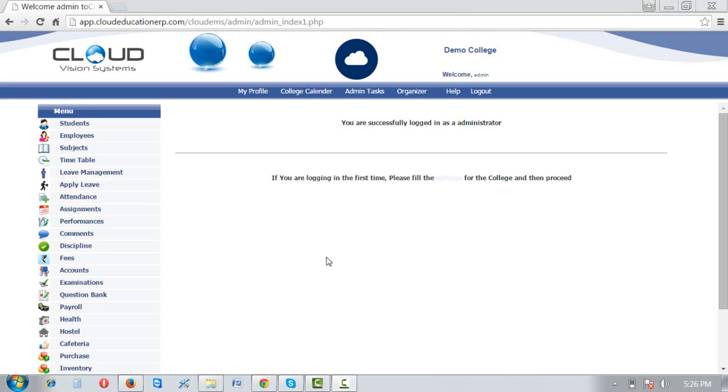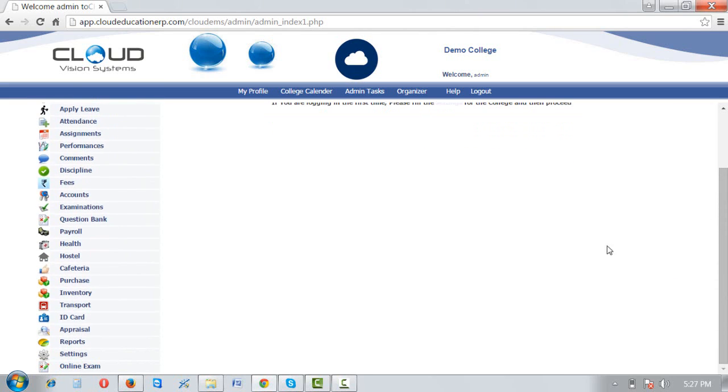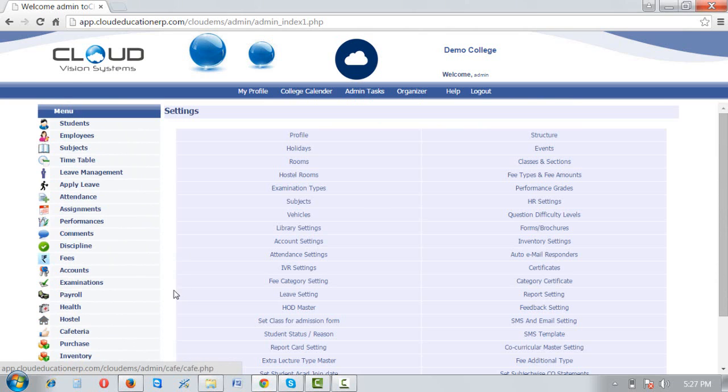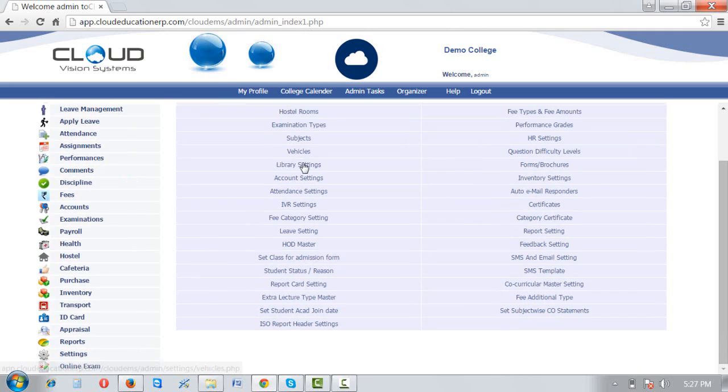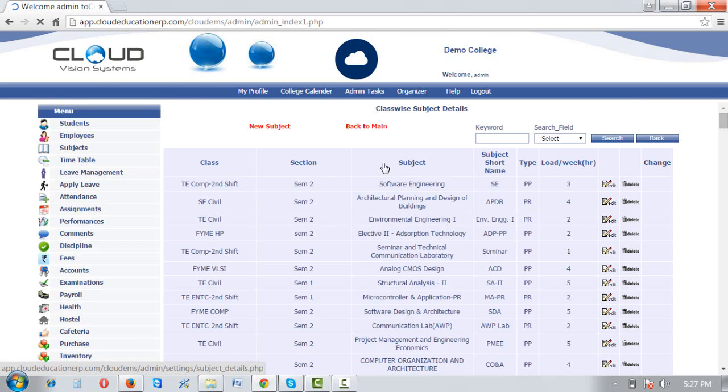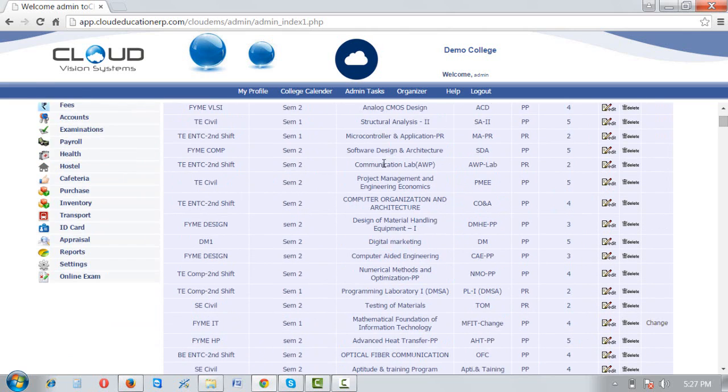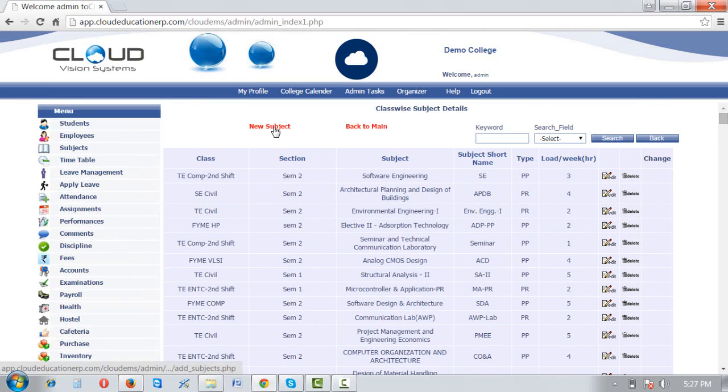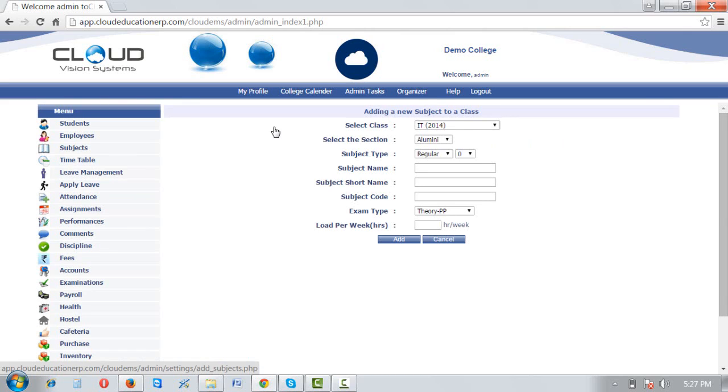So now after enrolling the staff members into the system, we have to allot the staff to the particular subjects. But for allotment, we first need to add subjects. We can add the subjects from Settings, then Subjects. These are the subjects entered previously, but now we can add a subject by clicking on New Subject, and select